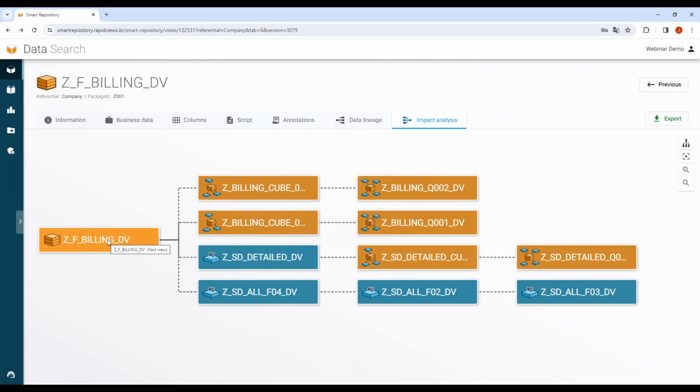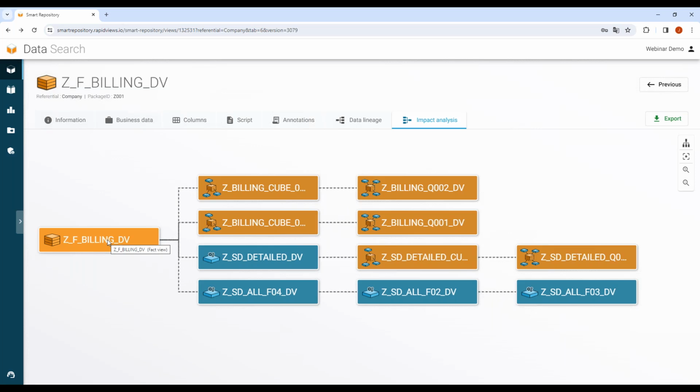I can navigate top and down directly through the table to see the source of the information. I can also navigate on the top to find if this view is used by another view, a report or semantic. Yeah. So it's for that reason that we have a lot of customers that are using this platform.